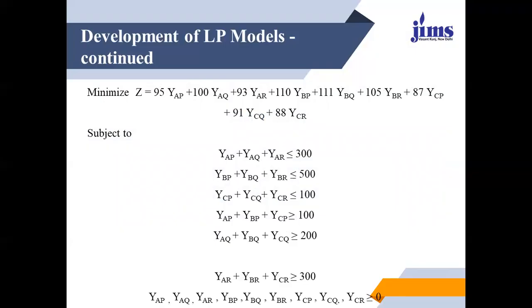This is the problem. So see how lengthy the objective function has become in this case. This is the beauty of this problem. This is why the operations research scientists devised some new method of solving this problem, and this we are going to study under the heading of transportation problem in the third unit. Now, what are the restrictions?